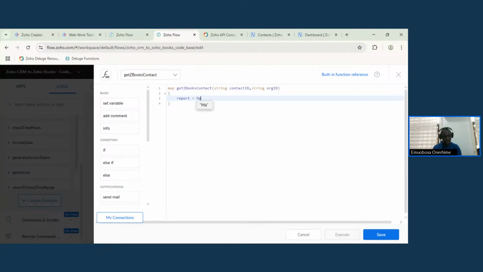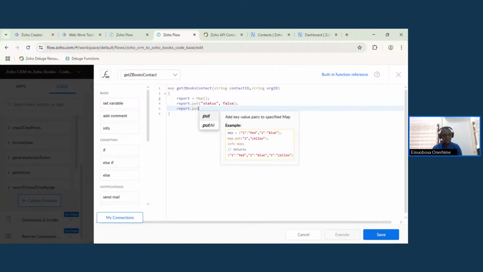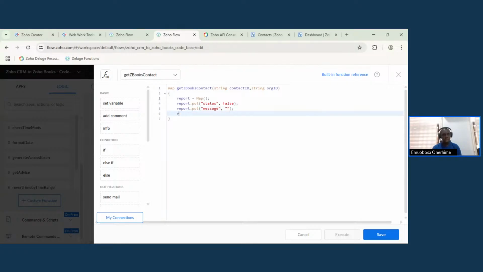First is we'll have a reporter give us a map, report output status, status false, report output, message, dash, report output, data, no. Okay. Now the next thing we're going to do here is to